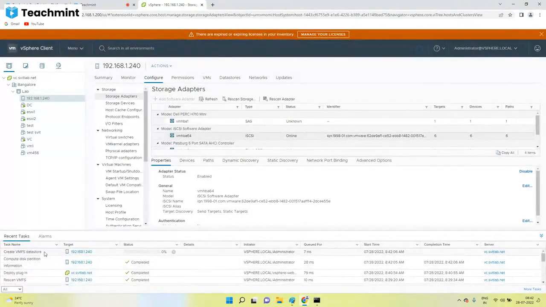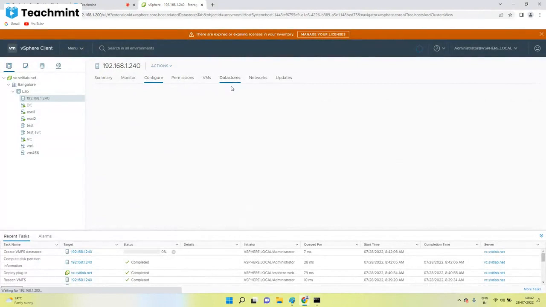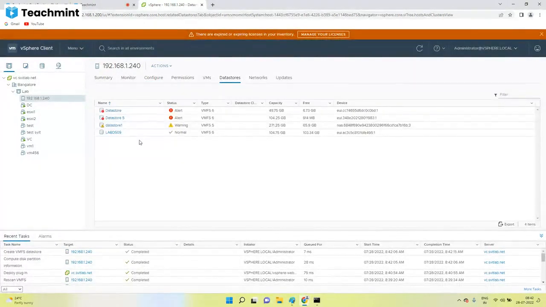Create VMFS data store is in progress. If you go to data stores, as of now, you can see it. Lab DS 09. When you are creating one more data store,